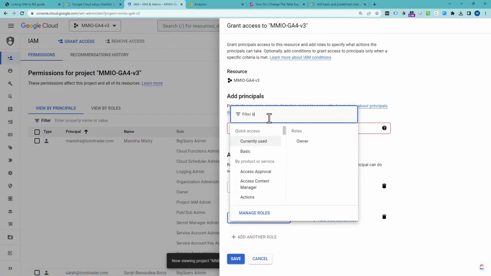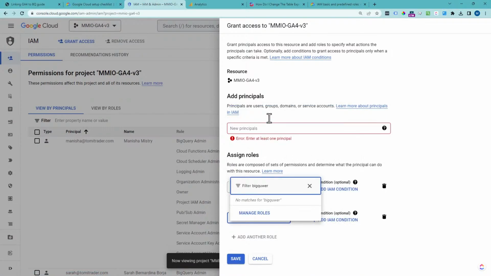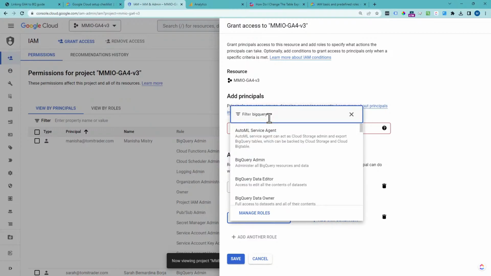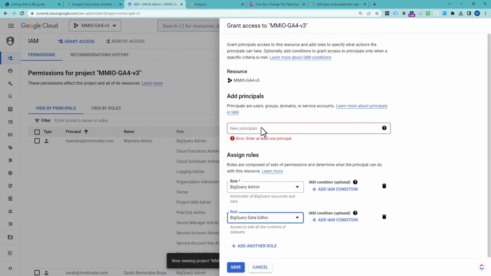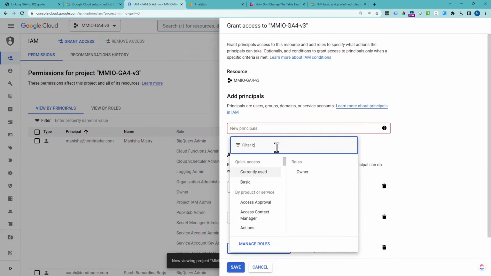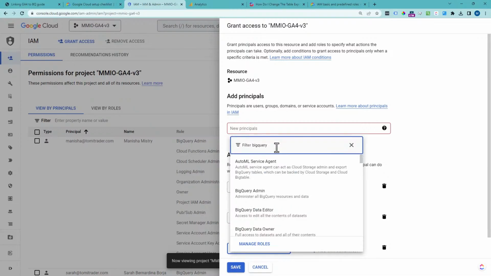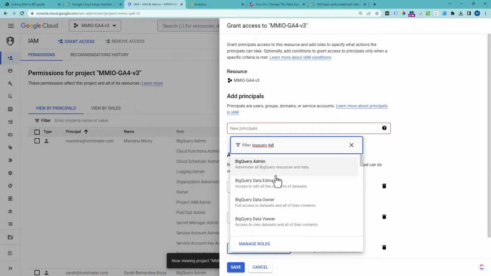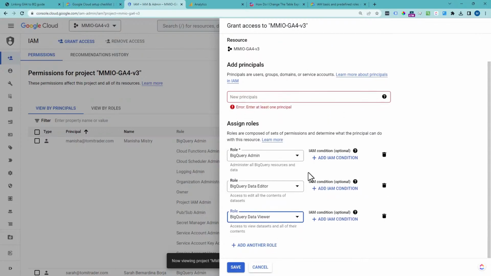So it's BigQuery. Oops, I didn't spell that properly. Spelling is not something I'm doing well right now. There we go. Okay. We're going to go here. BigQuery data viewer. And